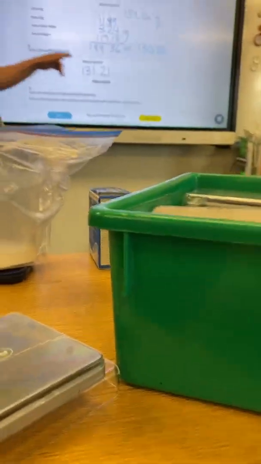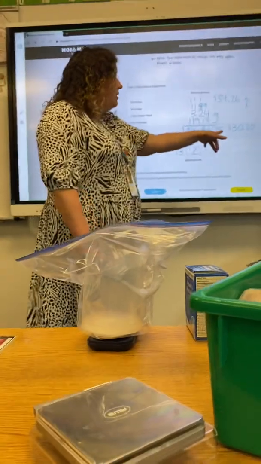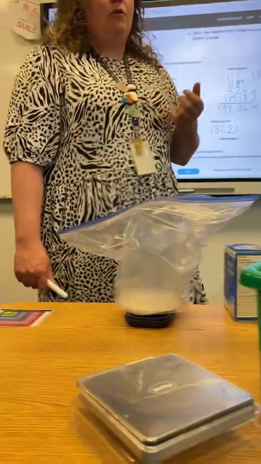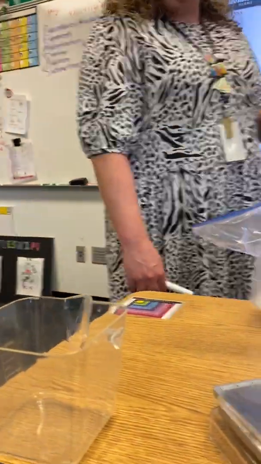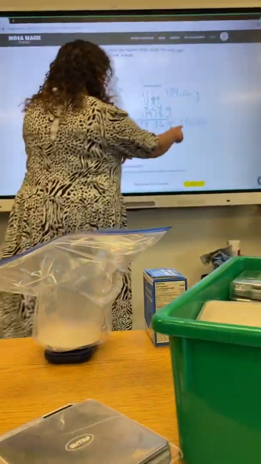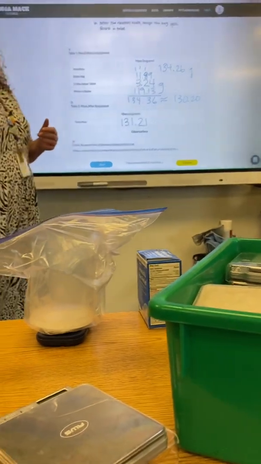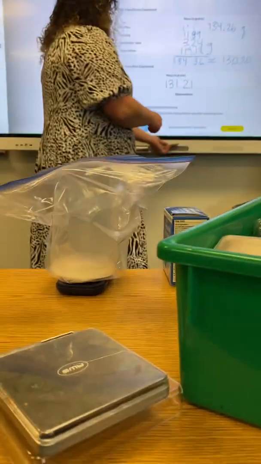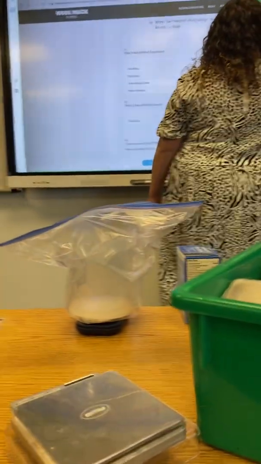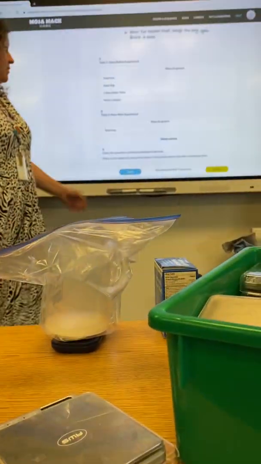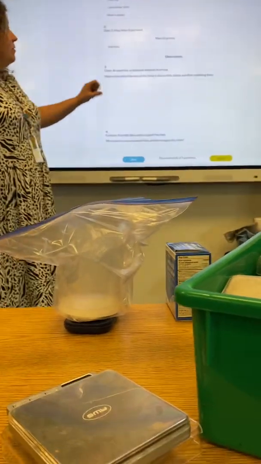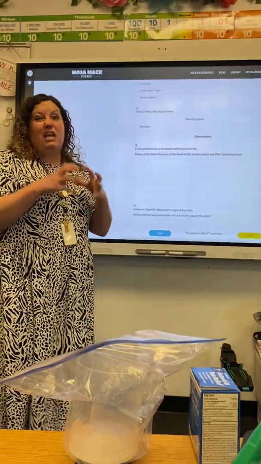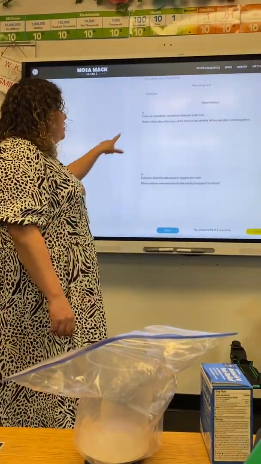So now let's go ahead and compare these. Now, again, this is off by a gram, but you know how tiny an amount a gram is, and it's probably because the air weighs something, right? So look, we have almost the exact same amount of mass before and after. So our claim would be, let me discard this. You can fill in my numbers if you can't do this at home. Our claim would be that the mass stays the same even after a chemical reaction because it's still the same amount of matter, okay? So we're going to put that there.